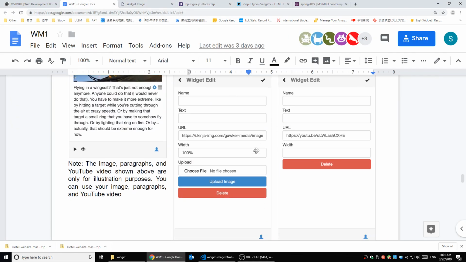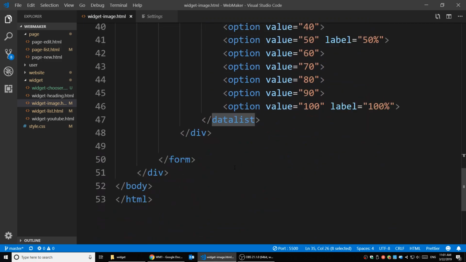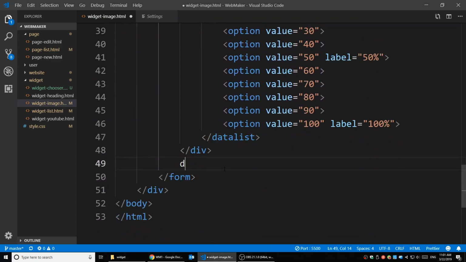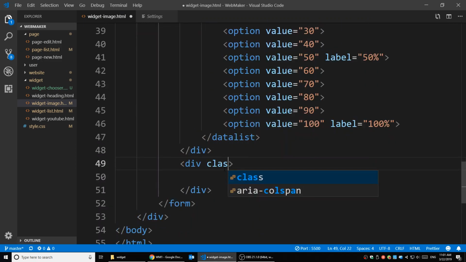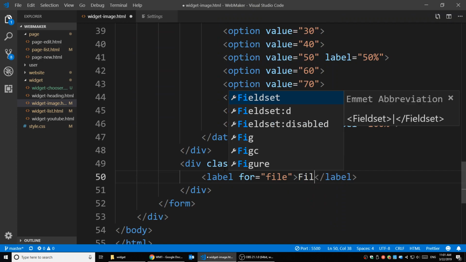Let's say the next thing: upload the file. It's actually something similar. We're going to create another form group. Div class is equal to form-group. Label is for file. So the user can choose either to use an online image, put a URL there, or just submit their own file. The label here is going to be file,